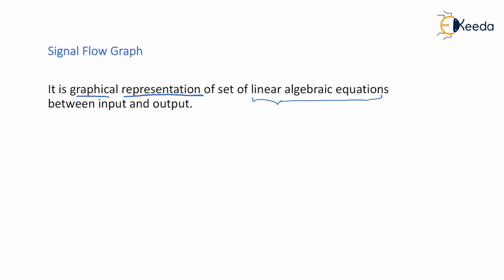So linear algebraic equations are given to you. You have to treat those variables as nodes and then you have to draw some graphical representation. I'll give you one example. Let's say I'm writing y1 is equal to 5 times y2. So I'll draw two nodes here, one node with y1, the other node with y2. How do I decide these are nodes? Simple. Look at variables. Here there are two variables, y1 and y2. So you have to draw a line segment between y1 and y2.